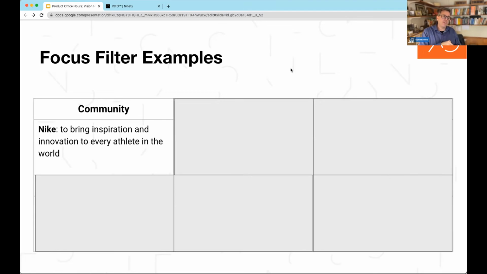I mean, you have different things that are really critically important to how you think about your business. So in Nike, they talk about how it really comes from the sense of community to bring inspiration and innovation to every athlete in the world. So their core focus was about, hey, we're a product at the center of this community, that building this community is what we really believe in, that we want to help people become part of. Our customers are people that really want to be part of this, the athletic part of themselves. And that really does drive